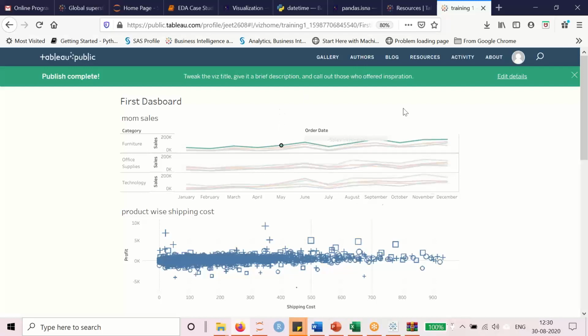Like this. So all kinds of admin stuff we can do. And so this is how we create a